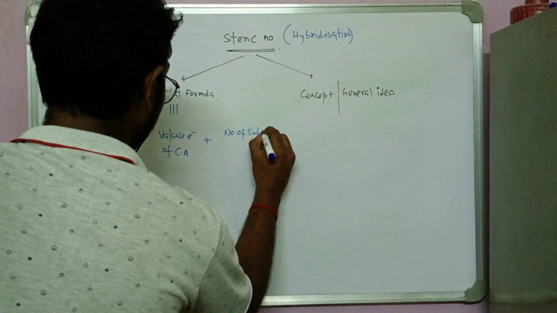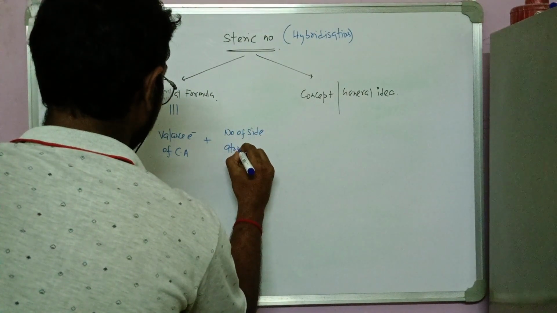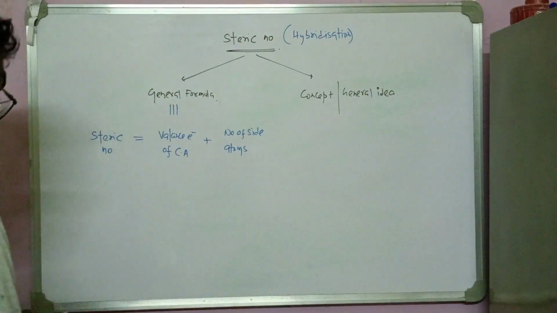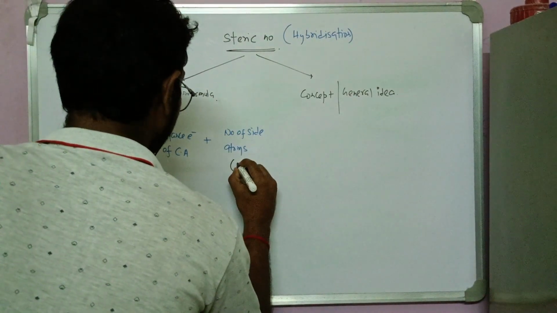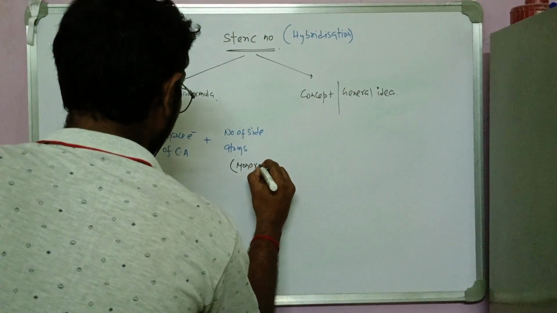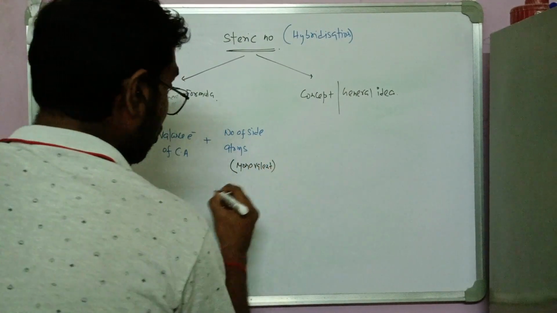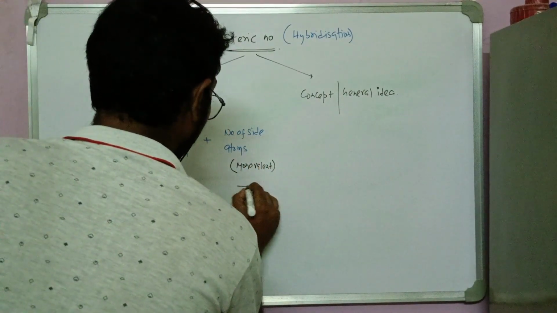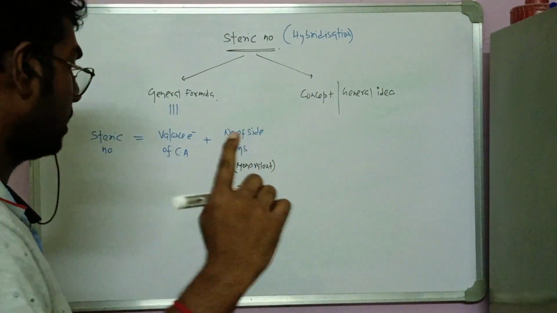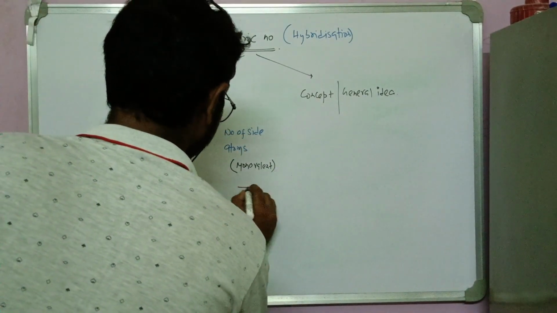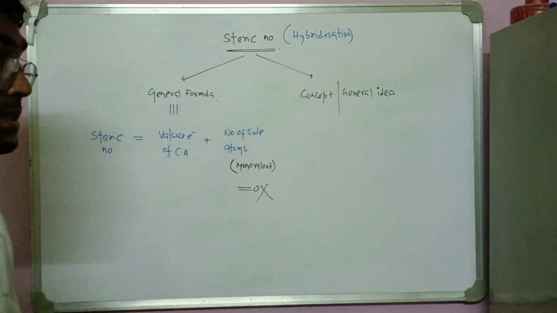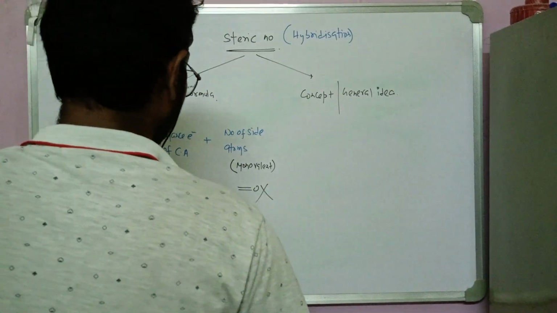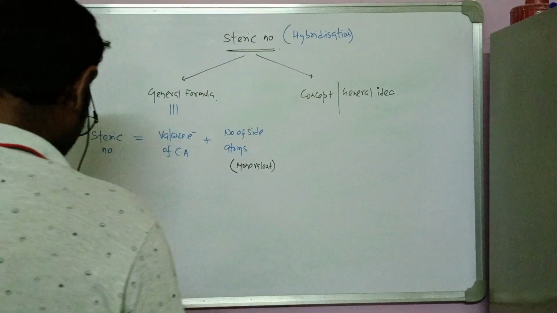Like for the methane molecule, the side atoms are hydrogen, and we have to take care that the number of side atoms have to be monovalent. Now what does that mean? What is monovalent? They should form only one bond, not like O, which forms a double bond. So we will not consider this one in the steric number calculation. So it has to be monovalent,